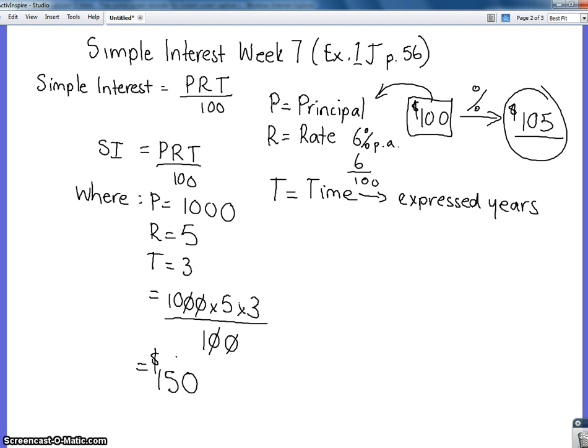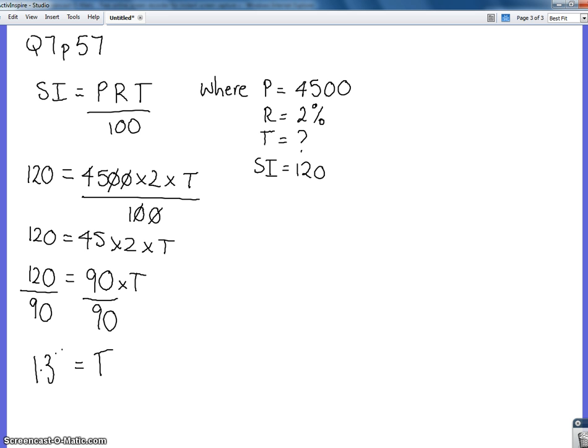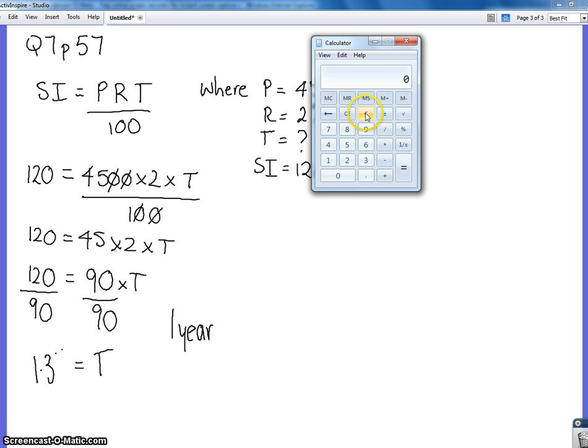Alright? So we would say that it's 1 year. Alright? 1 year, and what's 0.3 of 12 months? Because that's what we're trying to work out, 1.3 of a year, aren't we? 0.3 of 12 months. 0.3 of means the times,